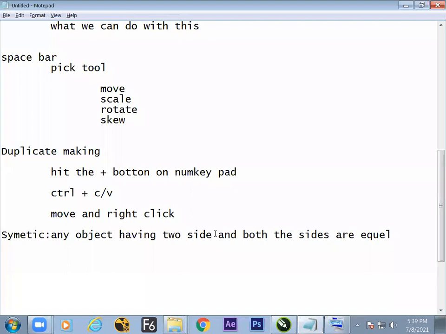So hope we got to know where it is going to help us. Because the rule works on the back end. If something is looking good, there is some reason which is making it look good, and that reason is called the rules. It can be implemented in any format. Either it is graphic designing, interior designing, fashion designing, the rules remain the same. So hope we got to know one of the rules and its definition. Let us understand what symmetric is in the real world.